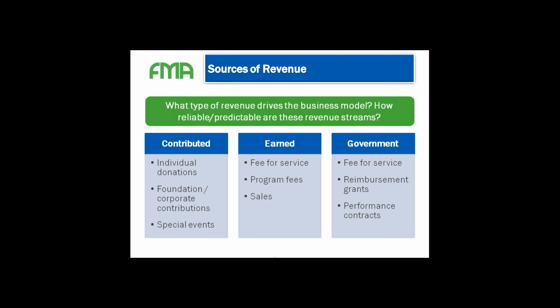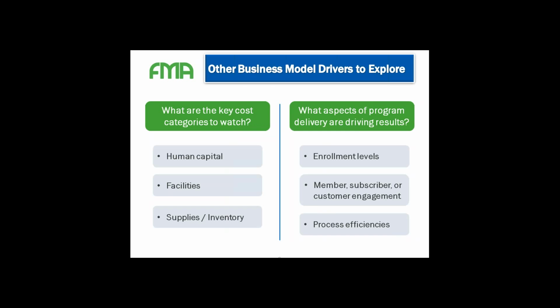With reimbursement grants, it's a lot about cash flow and timing. So you can start to see how if you tease out what are the critical elements that we need to know around revenue, they will actually help you build what you would be tracking on the revenue side. As far as other aspects of the model, and what other key costs or other program delivery results might be considered, when we look at dashboards and KPIs and general categories where you may build them, on the cost side,